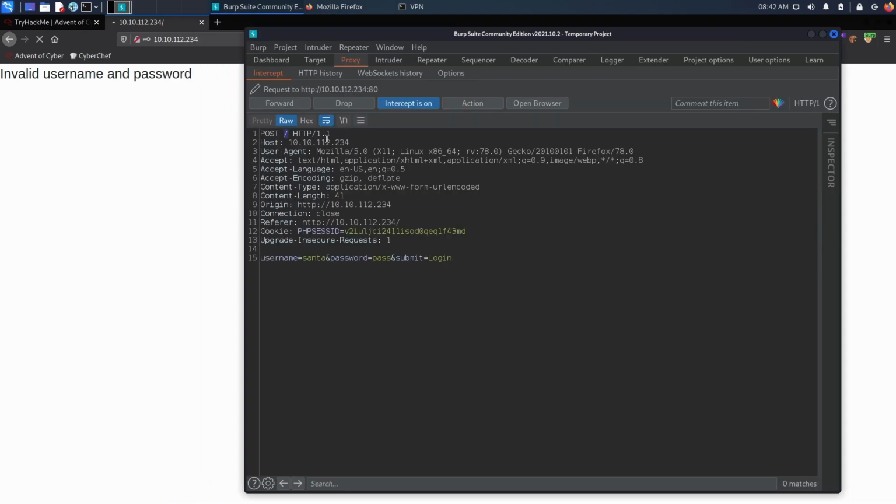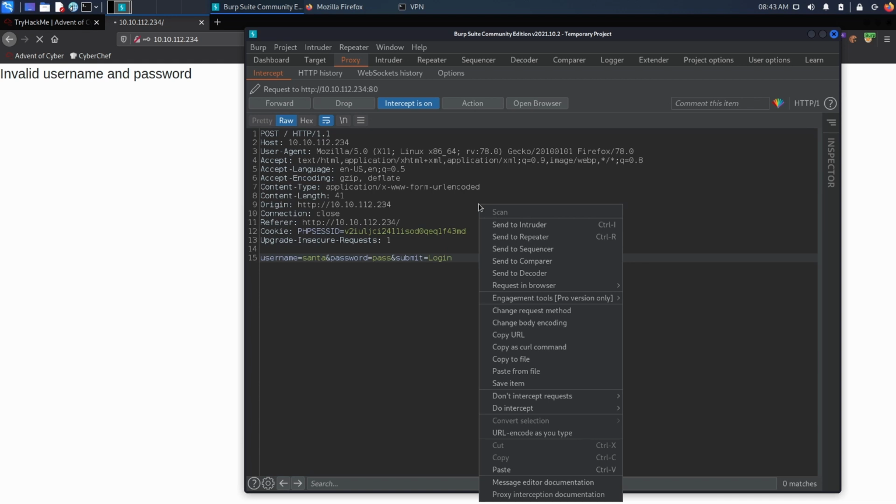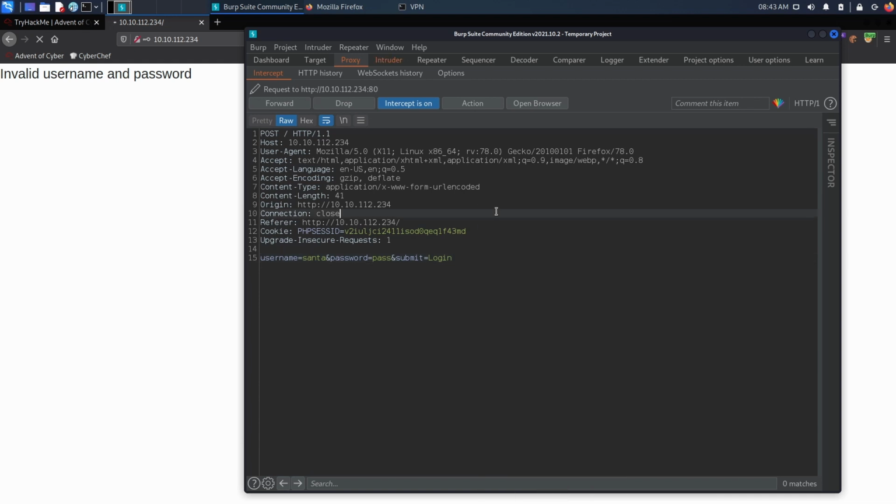So that's good. And now if we go down, we see that we have some cookies, which probably don't matter for this. It's probably a cookie that doesn't really change anything. And then we have username equals Santa and password equals pass. And this is what I've entered. So now, how can we automate this? Well, we can right click here and then send to Intruder, or we can also press Ctrl I on our